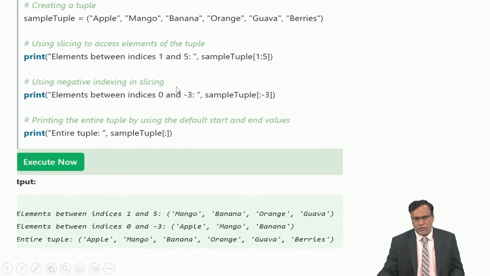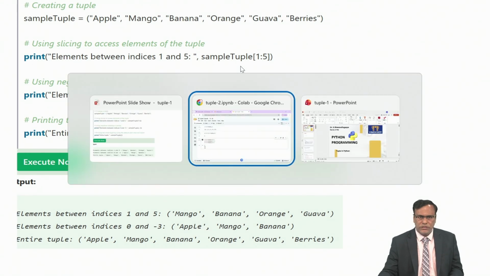Now on the list that we have created, we try to use a slicing operation. A slicing operation consists of two parts, both separated with this colon. First part is the start index and second part is the end index. So that is what this is. Let us go back and